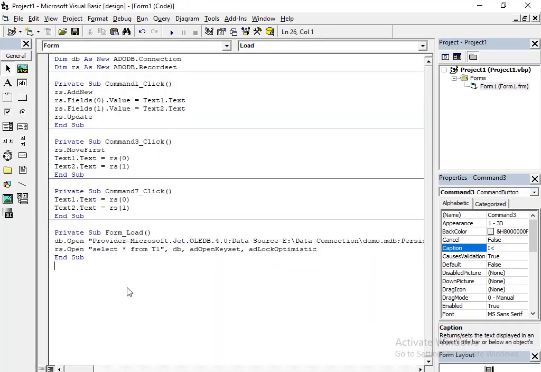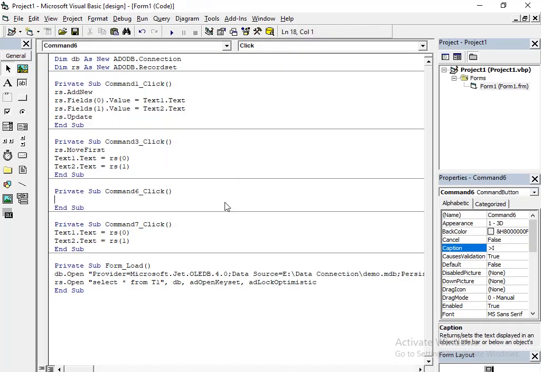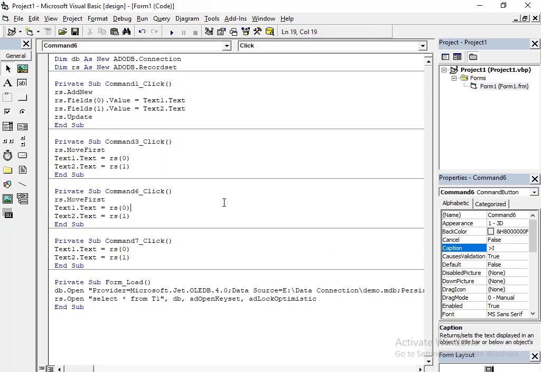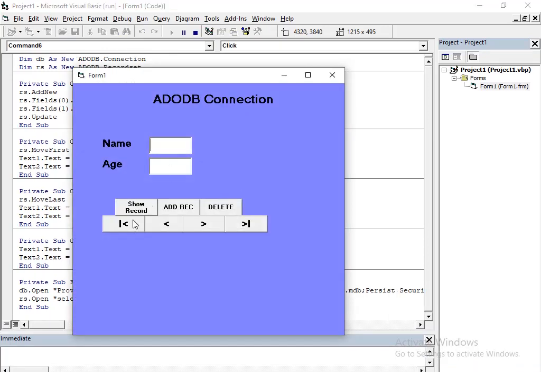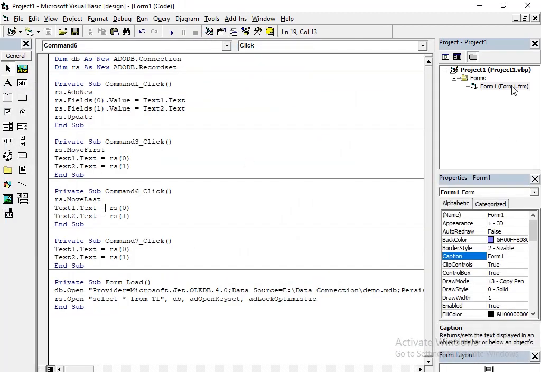The one single change: rs dot move last. Okay, so first record and the last record. Now we'll see move previous and move next.